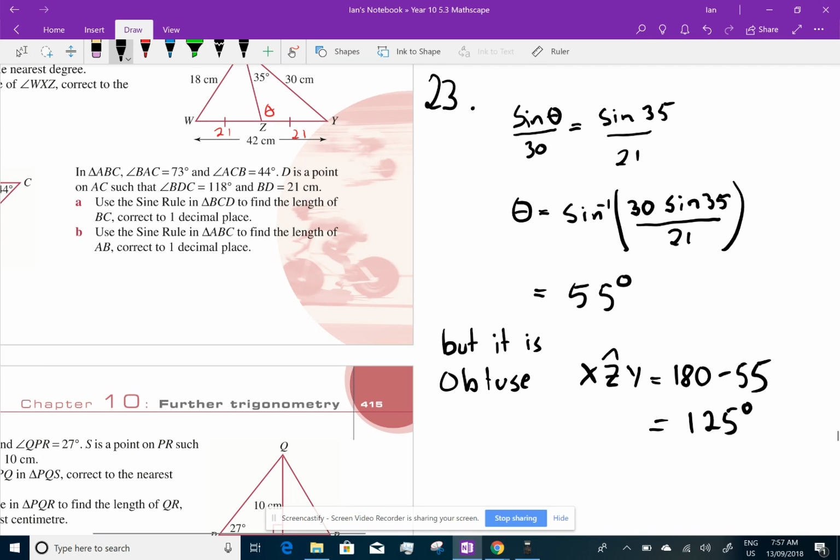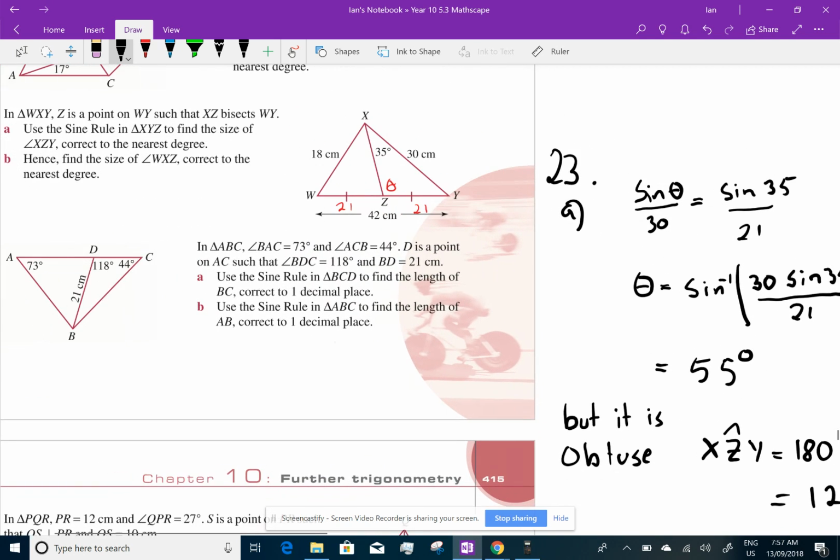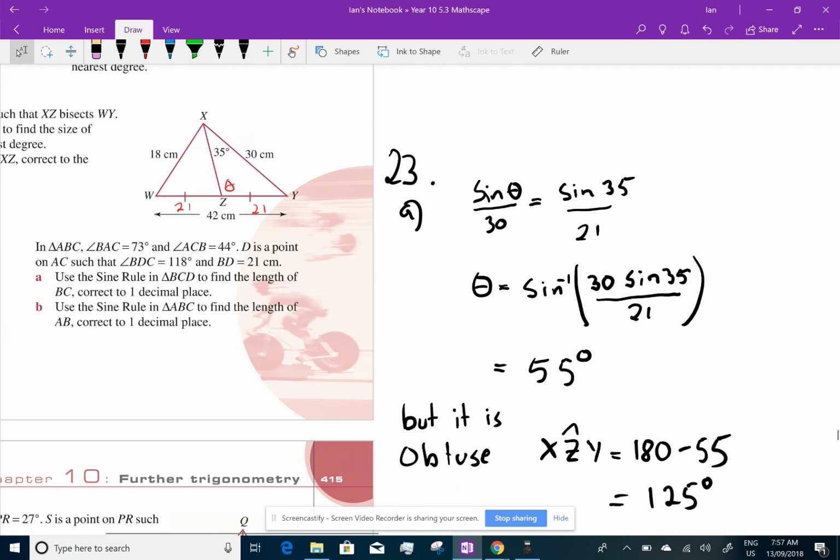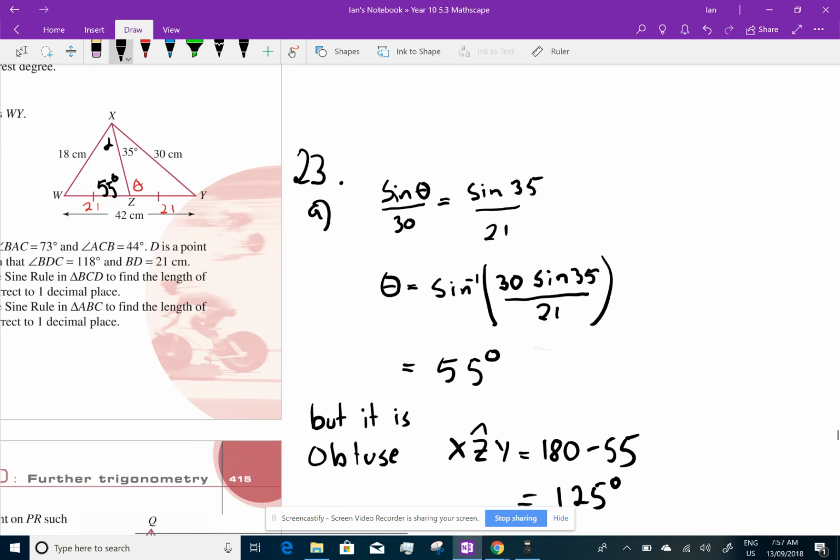All right. That's A. That was a little tricky. I didn't state it, but I needed to be aware that that's what it looked like. Hence, find the size of W, X, Z. Well, if that's 125, that means this angle must be 55 because it's a straight line. And now I can find this angle using sine again. So part B,